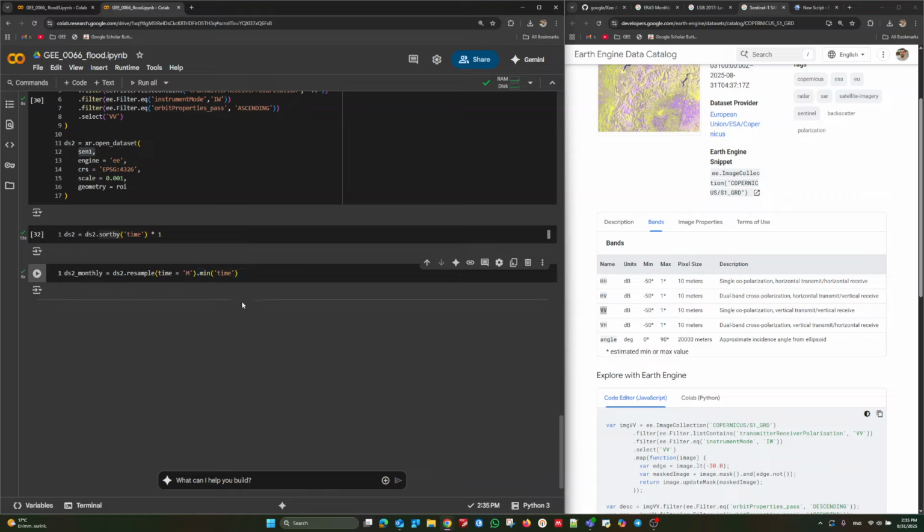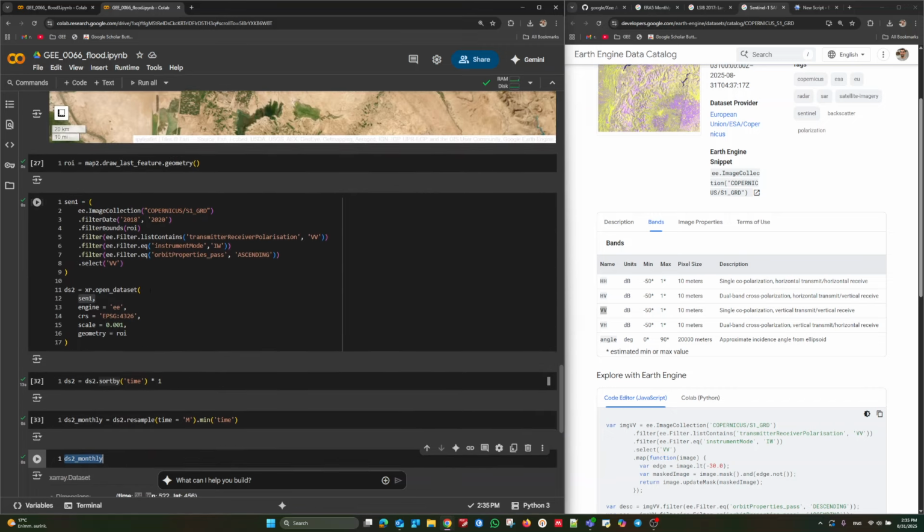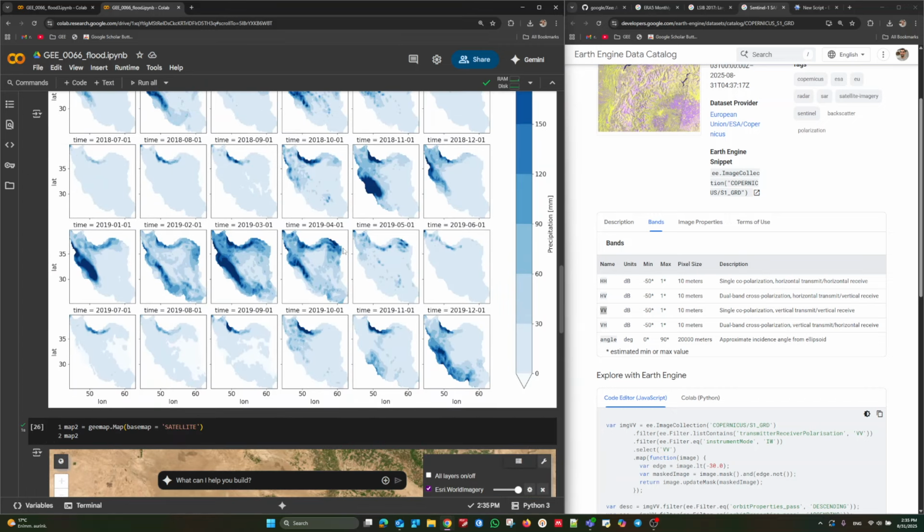So let's run the monthly format, monthly data, and DS2 monthly is ready now. Let's run. Now we have 24 images. So I need to select, as you can see in the PR data, the heavy precipitation. We had heavy precipitation for consecutive months in early 2019, and unfortunately the flood event happened in March 2019. Now I'm gonna compare